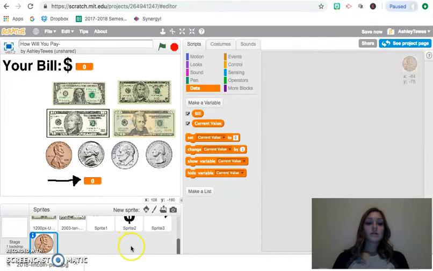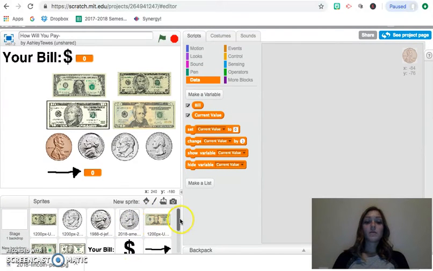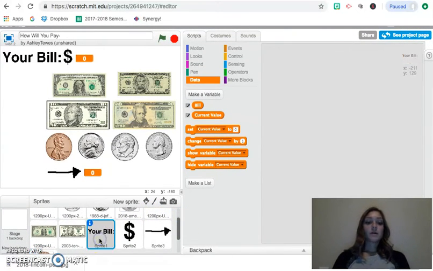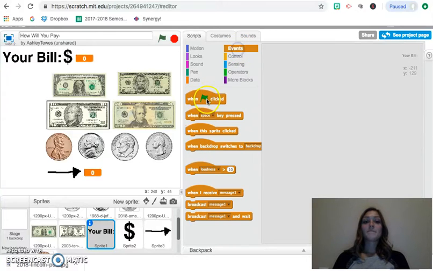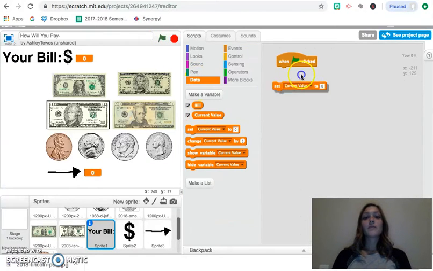So to start, this code right here that I'm about to do can really go under any sprite. I'm going to choose it to go under this one. Again, it doesn't matter which one we choose. So the first thing I want to do as we set up our program is we'll use this green flag. When I hit the green flag, this is typically a common way to start a program in Scratch. And I want to set both of my variables to my current value we'll say is 0, and we'll say our bill is going to be a question mark because we don't know what the user is going to type in. So if I hit the green flag, notice my bill changes to a question mark, my current value is